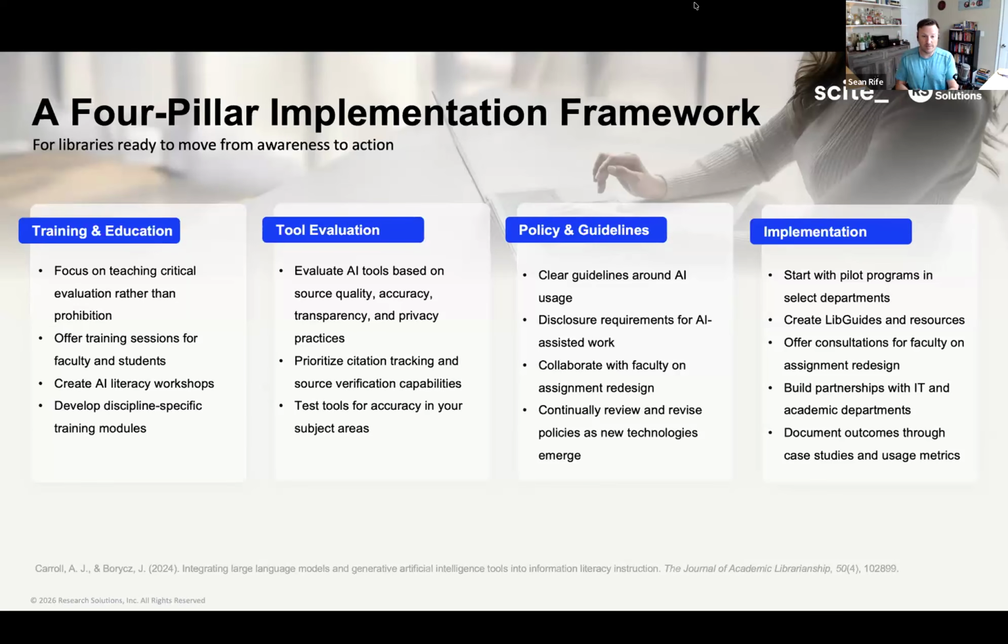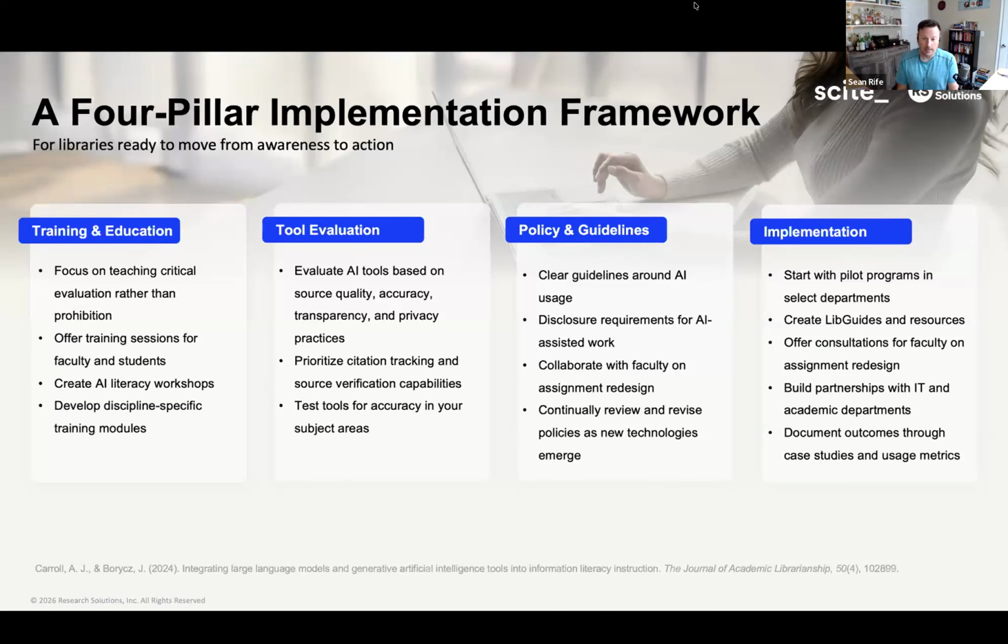This is a big thing that's important to me. So I would never suggest that institutions should have really strict policies at the top level. But what I'm a big advocate of is more generalized policies or generalized guidelines. And those should be clear about how AI should be used. They should include some kind of disclosure requirement for when AI assisted work is used in, say, a tenure or